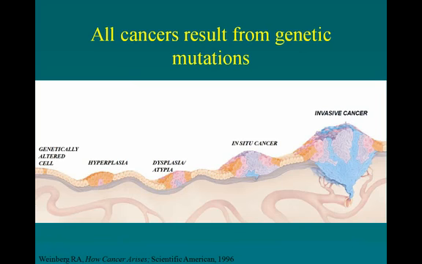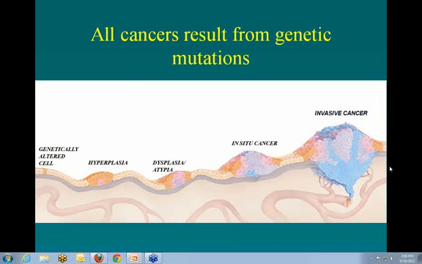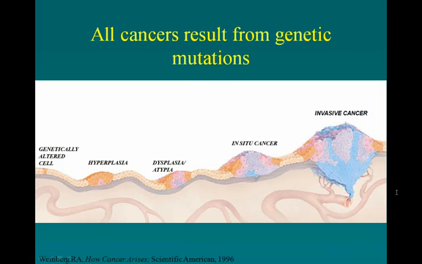Slide, you see an overview of the process of cancer development, and this is true for all cancers. It turns out that all cancers are the result of accumulation of genetic mutations over time. You see on the left, starting with a single alteration or mutation in a cell somewhere in the body that